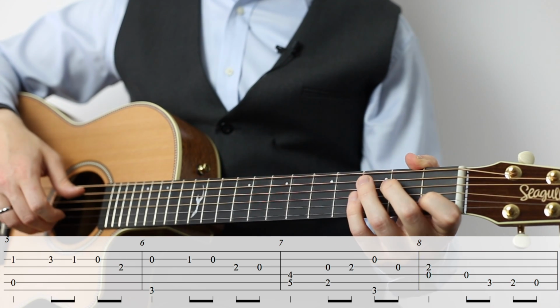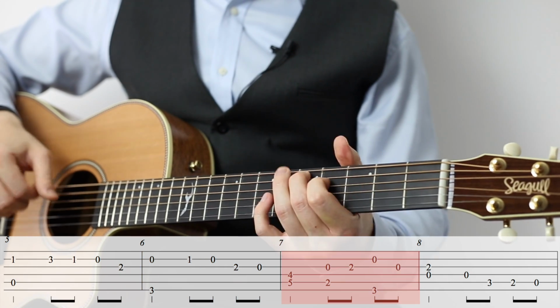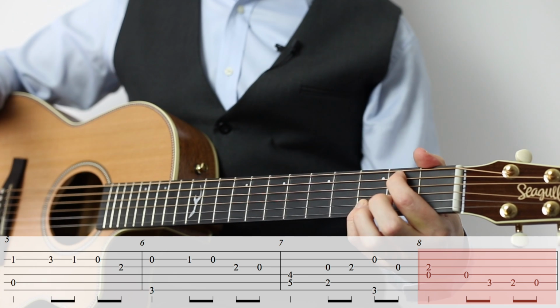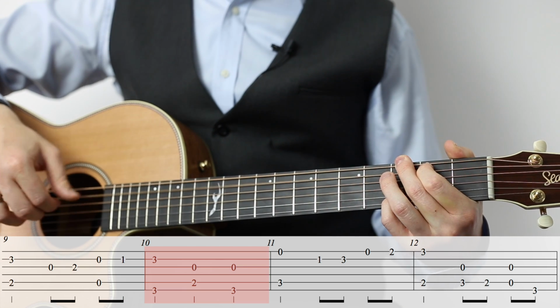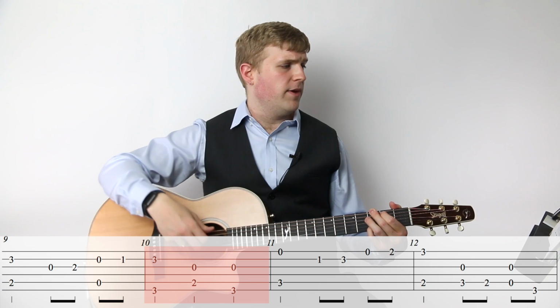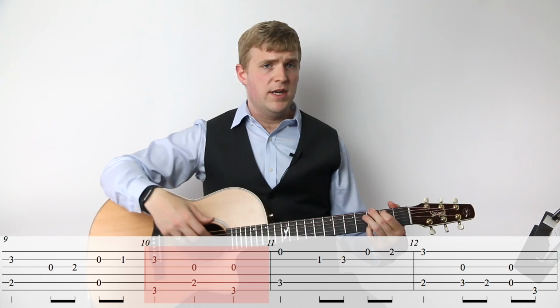Here's measures 5, 6, 7, and 8. Now we're back on measure 9. So measure 9 has a similar theme. Notice that we've got some more bass notes here, so the thumb is doing some work on the picking hand to pluck those out. Consider measure 10 to be a chord